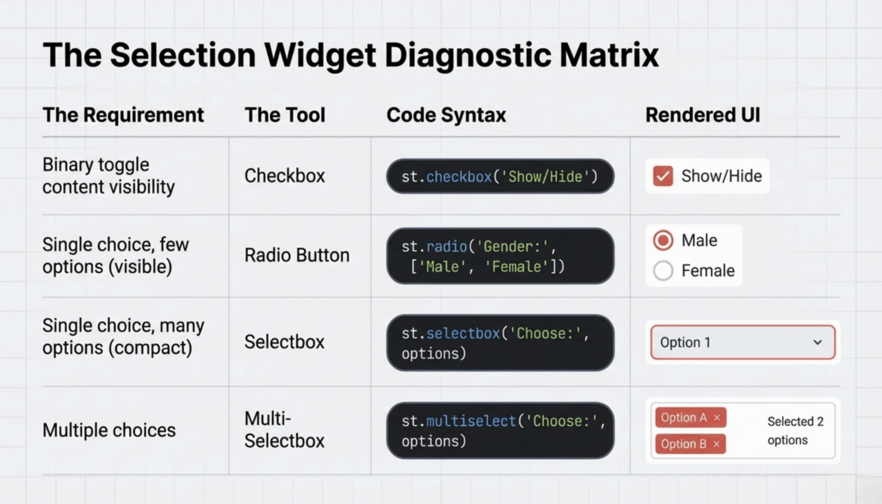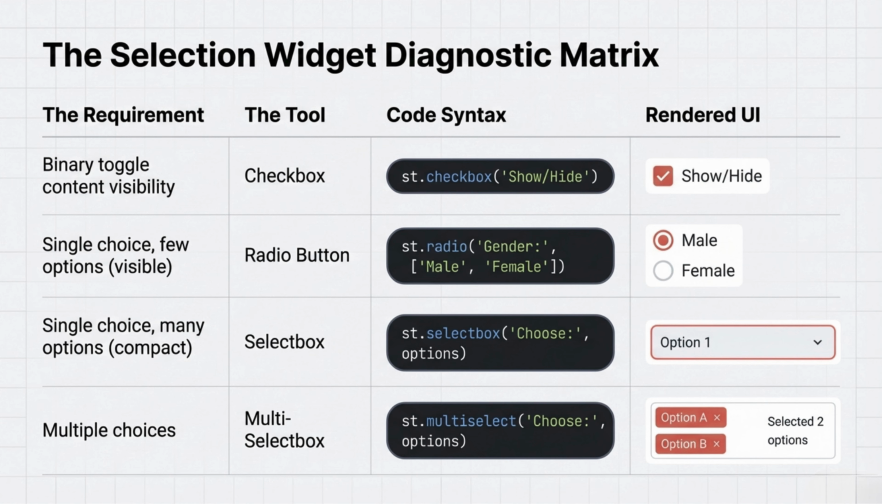Let's now see how to choose the right input widget based on user requirements. For simple on-off visibility, we use a checkbox with st.checkbox. When users need to select one option from a few visible choices, we use radio buttons with st.radio. If there are many options but only one selection is needed, a drop-down using st.selectbox is more efficient. For multiple selections, we use st.multiselect,